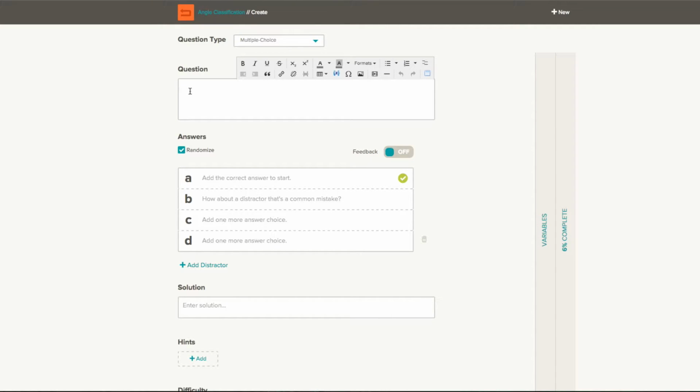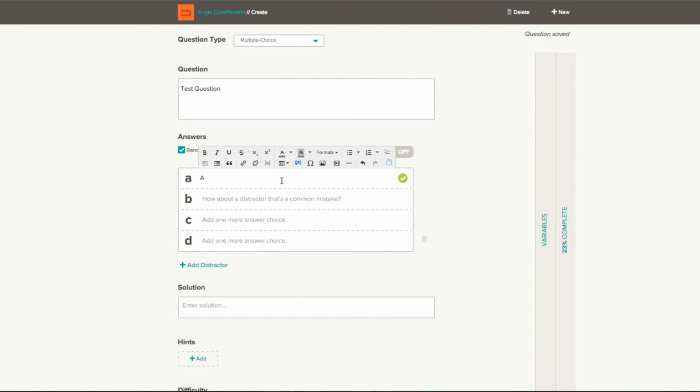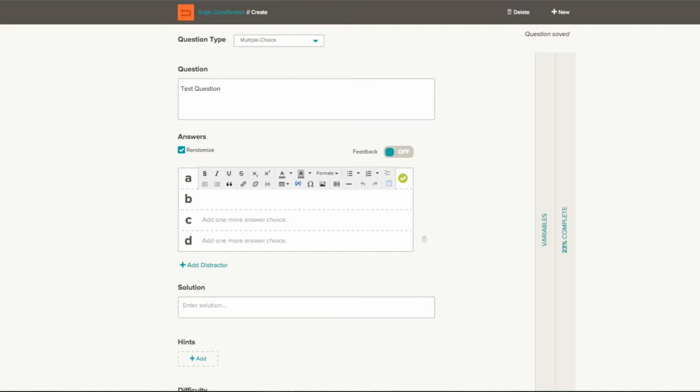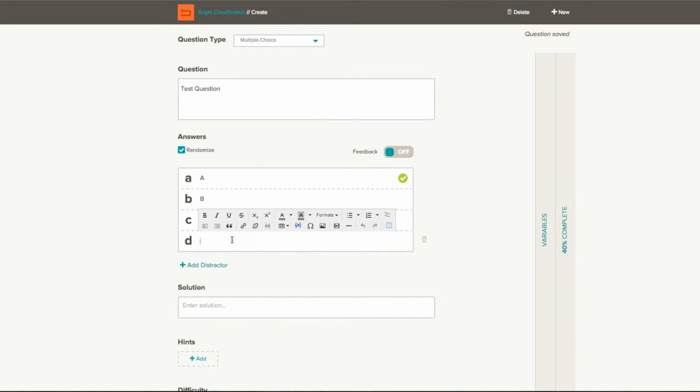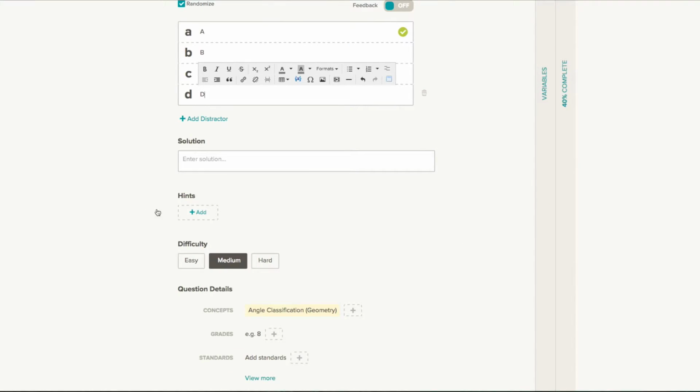Let's say multiple choice, put in test question for this one, add some answers. In this case, we'll just say answers A, B, C, and D. You could add another distractor. And if you're in elementary math and you wanted students to see the solution, you could put the solution here. You can also choose to add your own hints in,